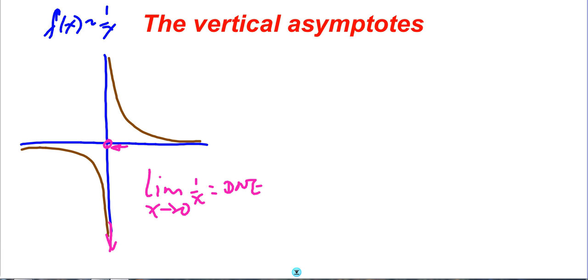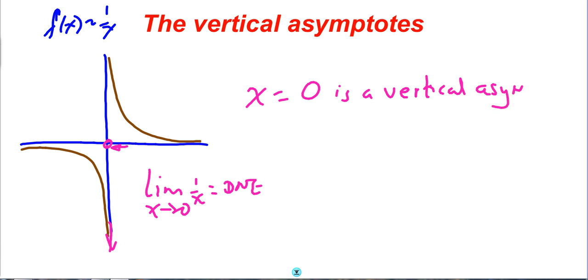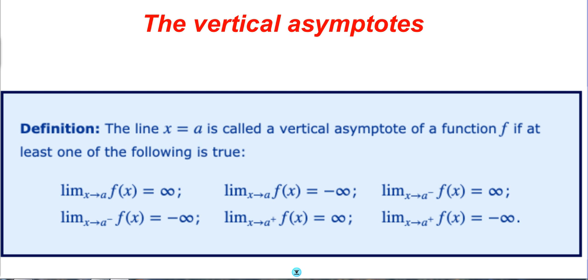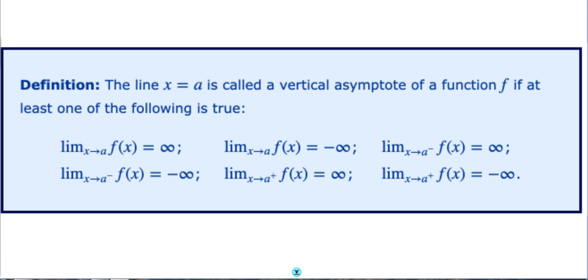So the line x equal 0 is a vertical asymptote. It's a vertical asymptote of 1 over x. And we have seen that x equals 0 is where the limit of the function goes to infinity. So what we are saying is that